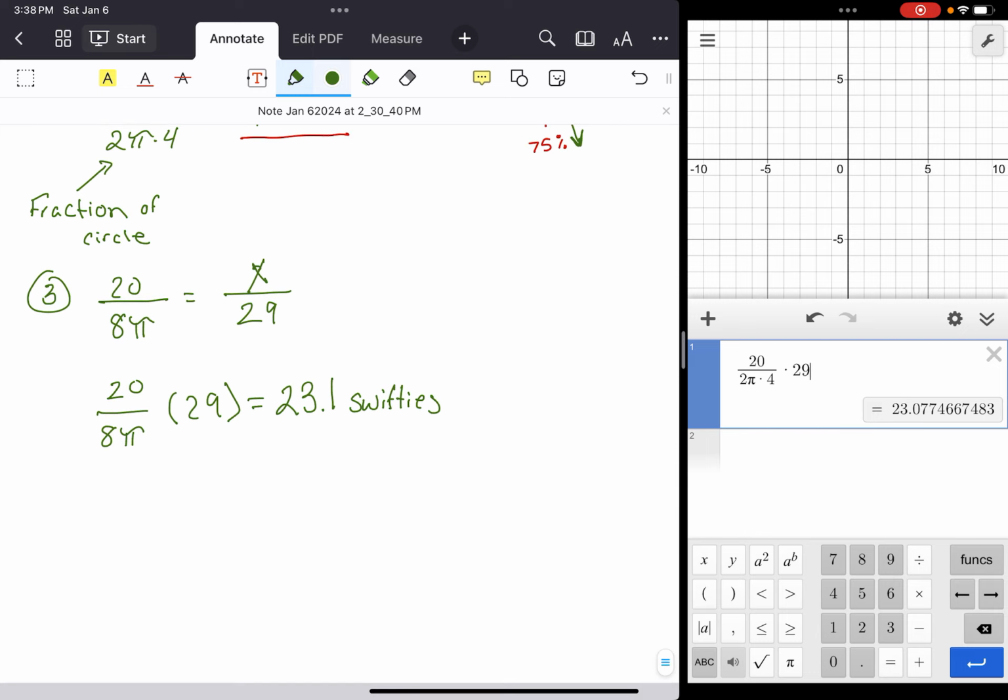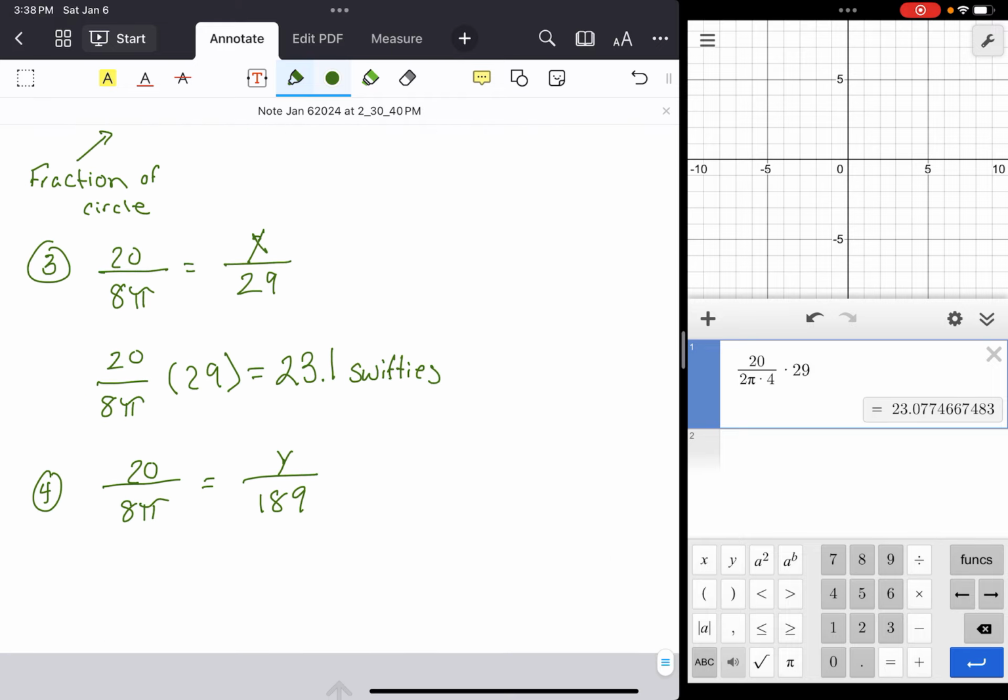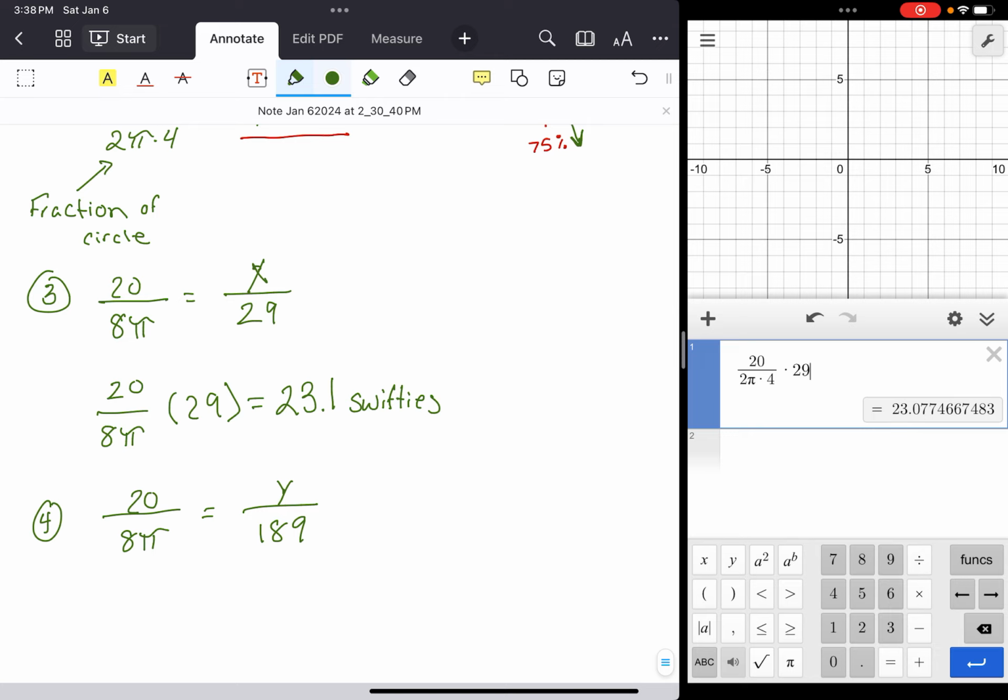Same reasoning and thinking, we could do this with our Trekkies. So we could set up a proportion, and this would be out of the 189, right, 189 Trekkies, the part to the whole. Or I can say I want 79.6% of that 189, and that would be